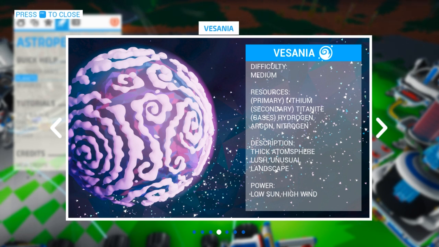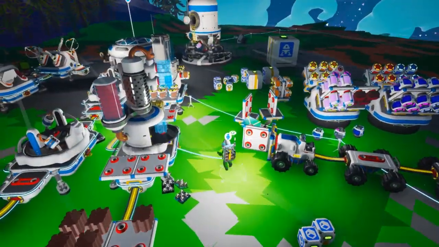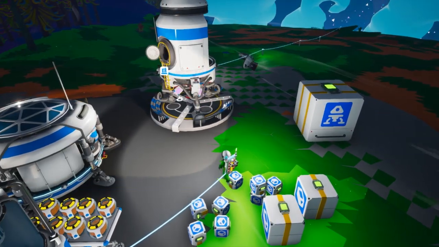Finally, something that's actually named what it is. Okay, so we're going to have to go to Visania. We could use more Titanite anyway. We used quite a bit of it doing all this in the first place. Yeah, so Visania. Medium difficulty building. Yeah, planet. So that's going to have to probably be next episode. But before we do any of that,